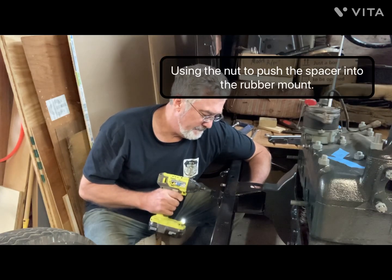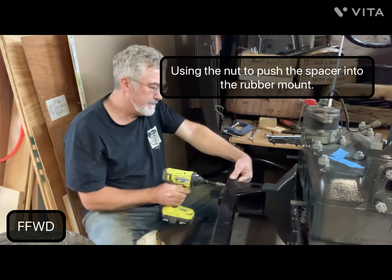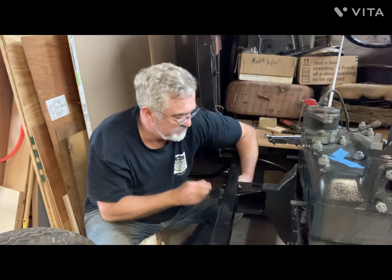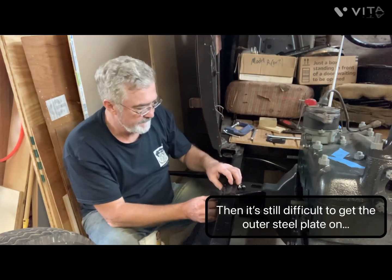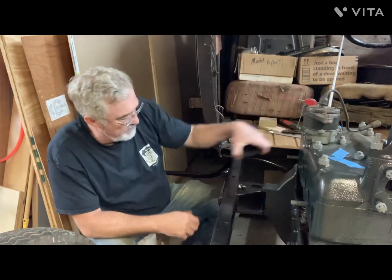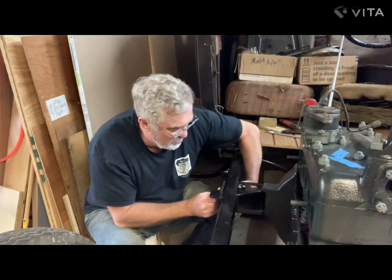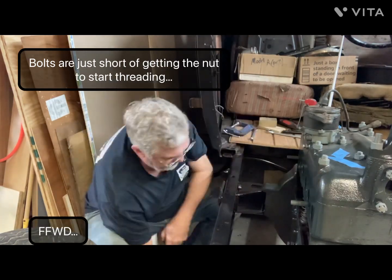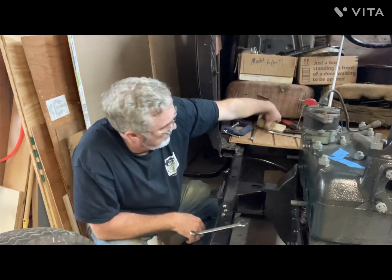That gives me a little more room to put this other side on. And then it's still very short to get the nut started. See the thread, but you can't get it started. So what I found on the other side is